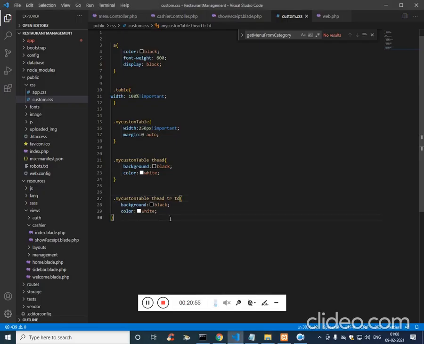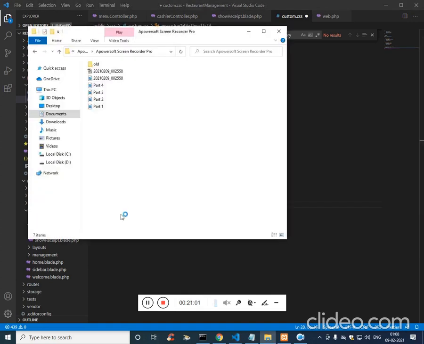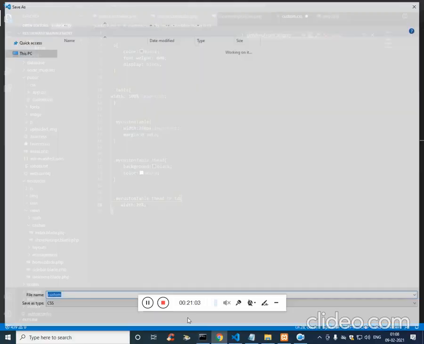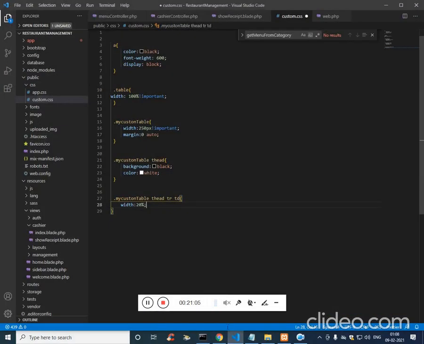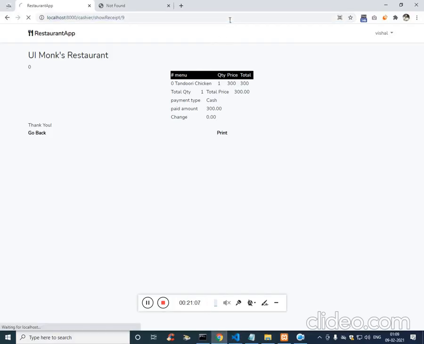So let's give each of them width 20%. And now